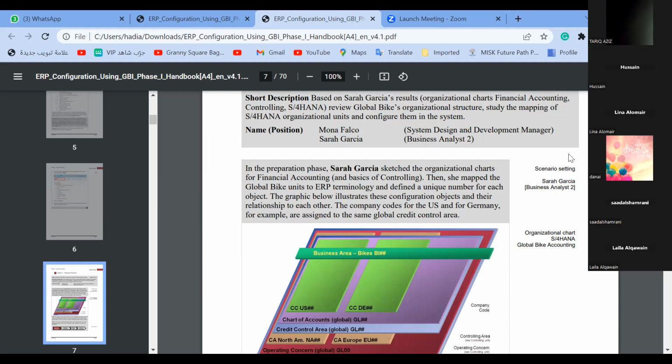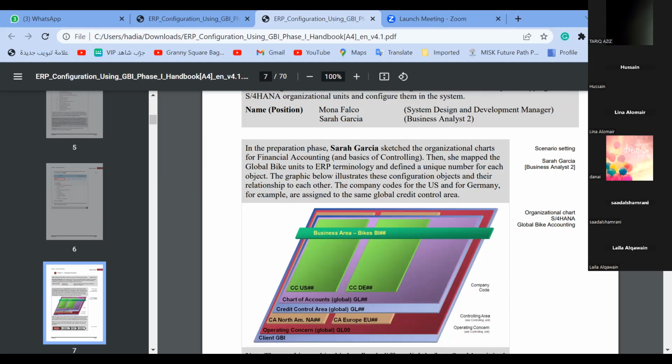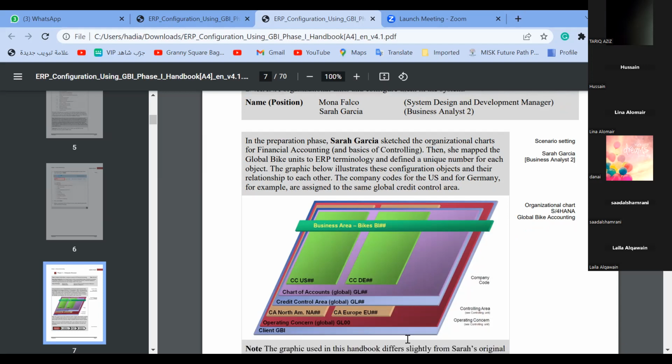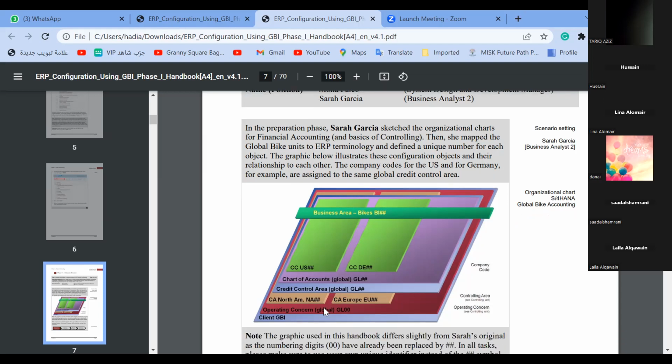So we will implement, the client is already implemented, by the way. We don't have to worry about it. We will implement operating concern, controlling area, credit control area, chart of accounts, and company code and business area. So 1, 2, 3, 4, 5, 6, six enterprise structures we will implement. And by the way, if you see here,